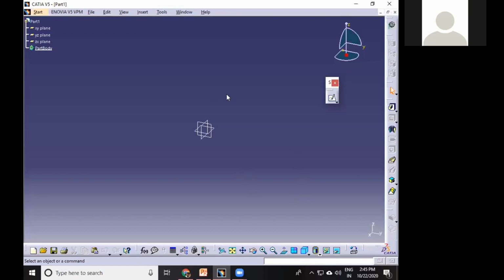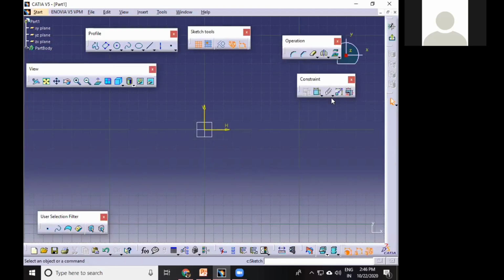Then this window will be open. When you click on plane, the XY plane, YZ plane and ZX plane will be shown in this. Okay, we will click on the XY plane and then go to sketch. When you go to sketch, this window will open.